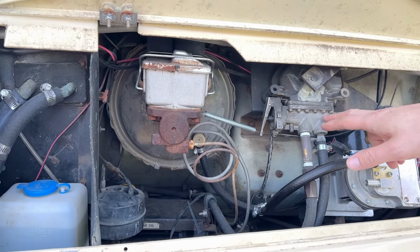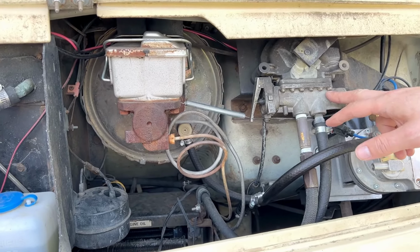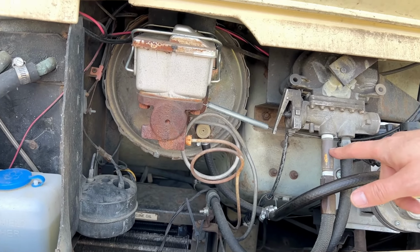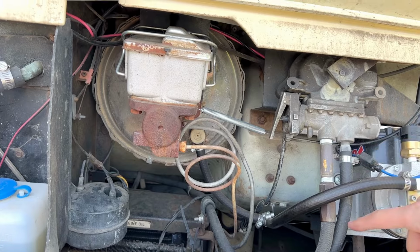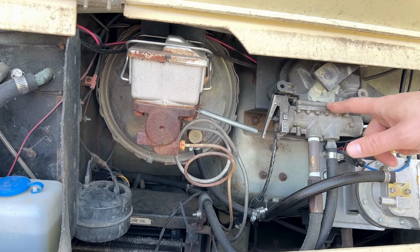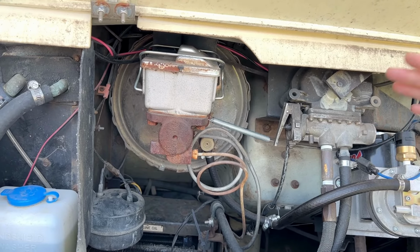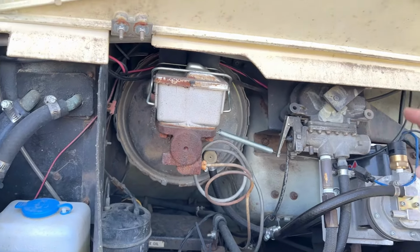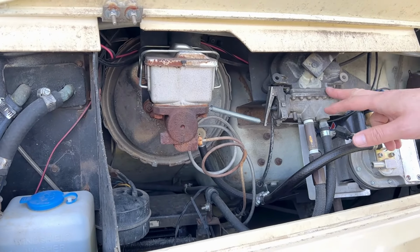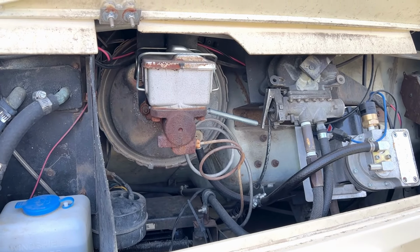A unique feature about this vehicle is that this is the windshield wiper motor, I'll say. It's actually a hydraulic system. And so there are hydraulic lines that come up from the power steering pump, and then this returns the fluid back, and this is a hydraulic actuator basically to move the windshield wipers back and forth. So pretty interesting design. There are modern versions of this. You can replace all of this with an electric motor and then have modern intermittent wipers and all of that. But so far this has been working pretty well. So I think it's kind of interesting, and I plan to keep it unless we end up with some kind